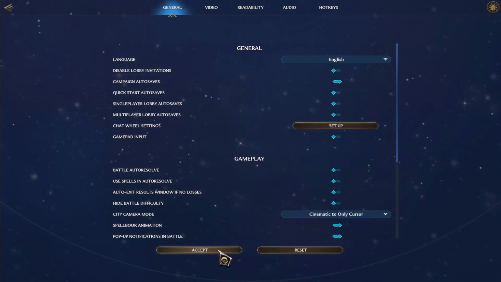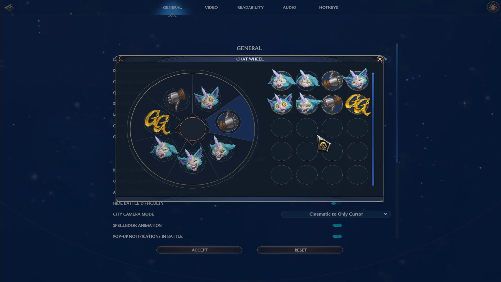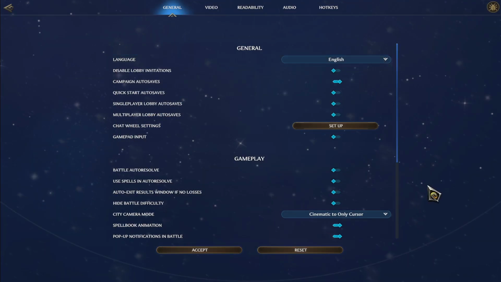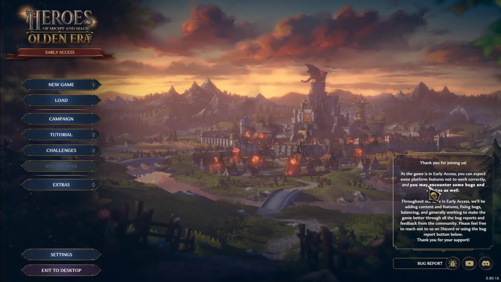on the Accept option. Now, once you have unlocked more and more emojis for your chat wheel, you can come back to this page, click on Setup, and then replace any of these with your desired ones from the newly unlocked emojis. So there you have it. That is how easy it is to customize your chat wheel settings on the Heroes of Might and Magic Olden